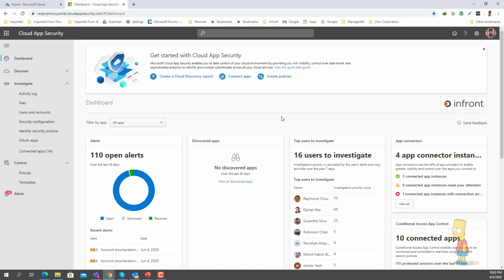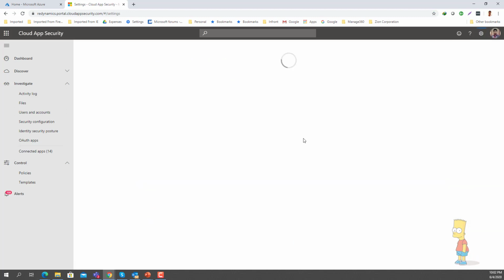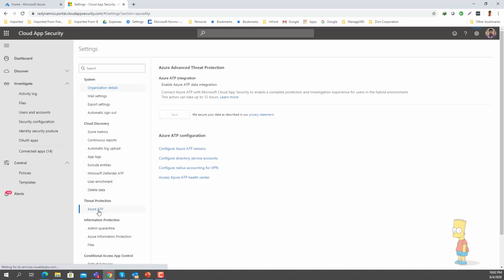And the important thing is that CASB will not function if we don't have any integration, or if there's no way we can have connectors or APIs connected to get information. Data has to flow in. So for that, if I go to settings, one way we can integrate is by getting more data from various endpoints. One is Azure ATP, Advanced Threat Protection, which I mentioned earlier.